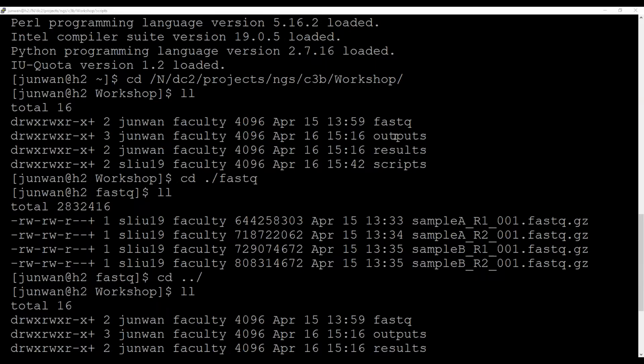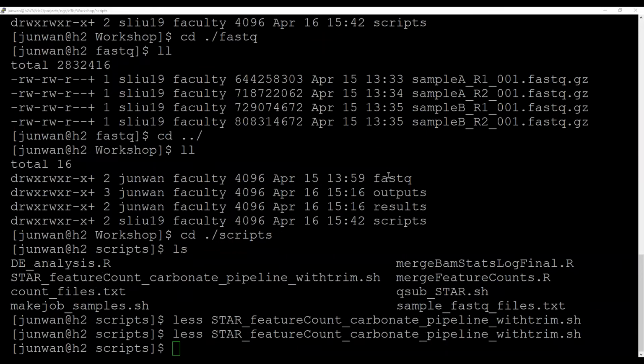For the outputs, we just put all the output files there, and we summarize the outputs as the final result. We will move them to the results folder. And the scripts folder includes all the scripts we are going to use to show the demo today, which includes the major